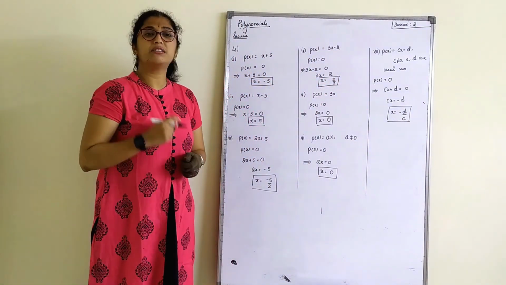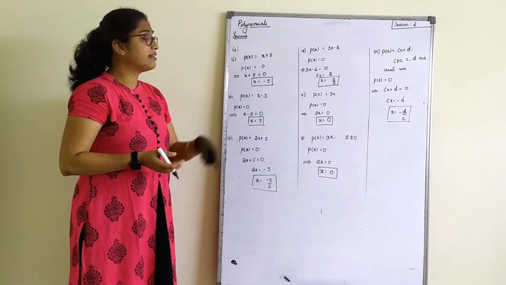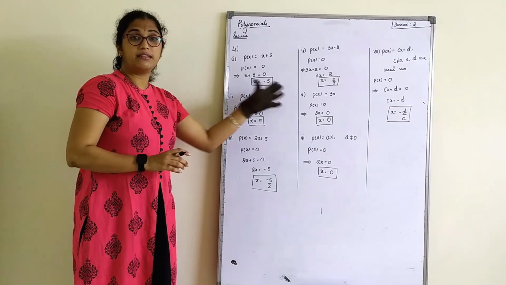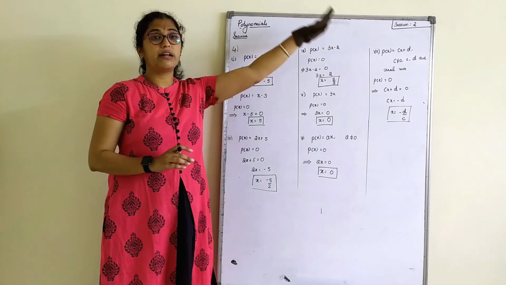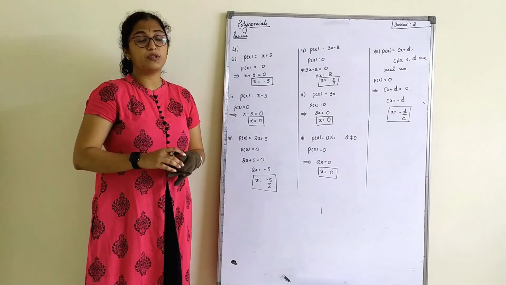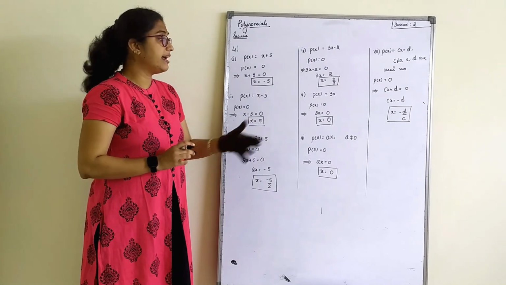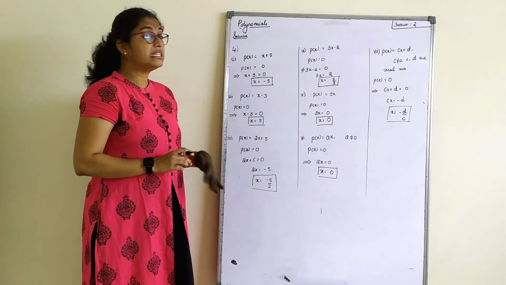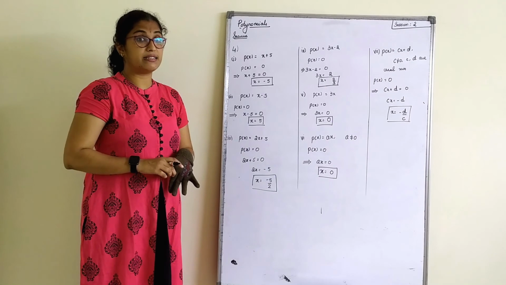These are to be answered orally actually. When you look at the equation directly, you can tell that this is the answer. Just transpose it to the other side, because when you equate that to 0, you are supposed to transpose it with whatever sign you get and write it. With this, we complete the second exercise.